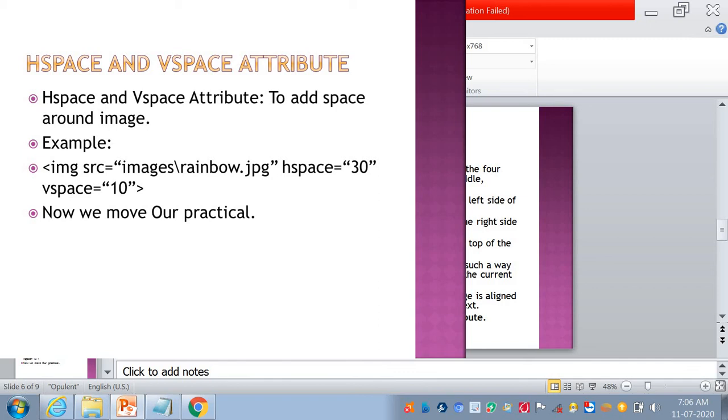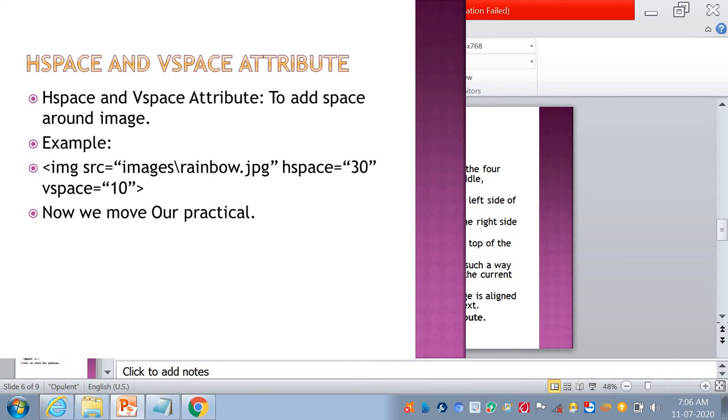Now we move to our example: image src is equal to "images/rainbow.jpg", hspace is equal to 13 and vspace is equal to 10. Hspace means horizontal space and vspace means vertical space. So with the use of the hspace and vspace attributes, we can give a space between images.